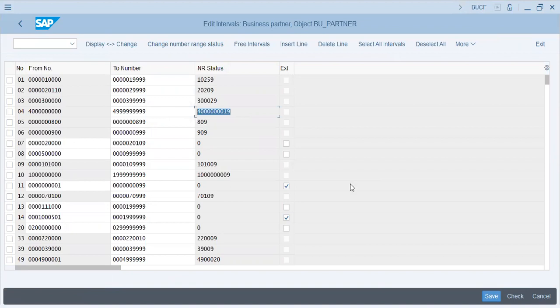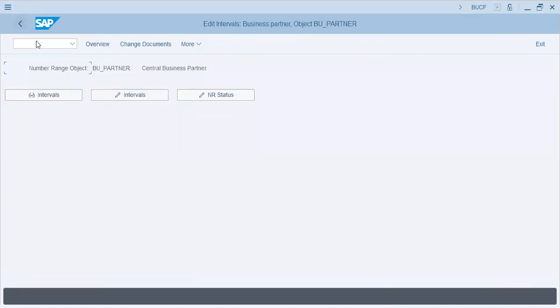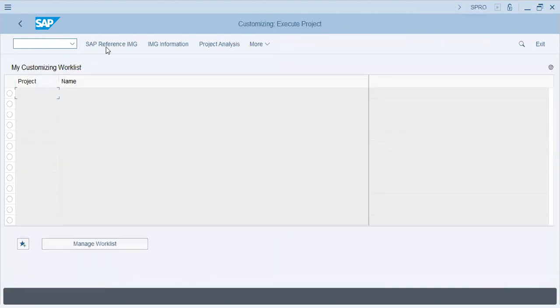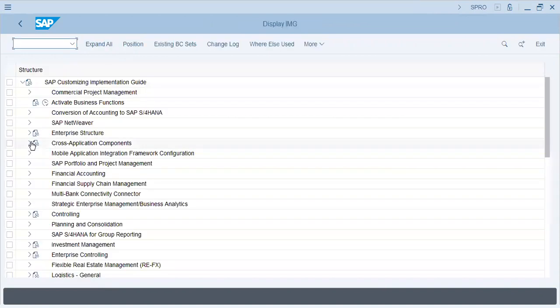Number ranges. We've already seen that. How it is done, I'll show you the number ranges again. SPRO, IMG, cross application,